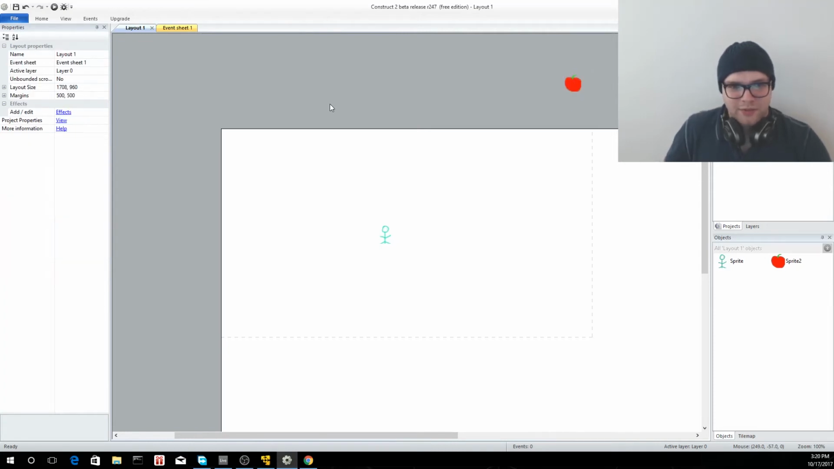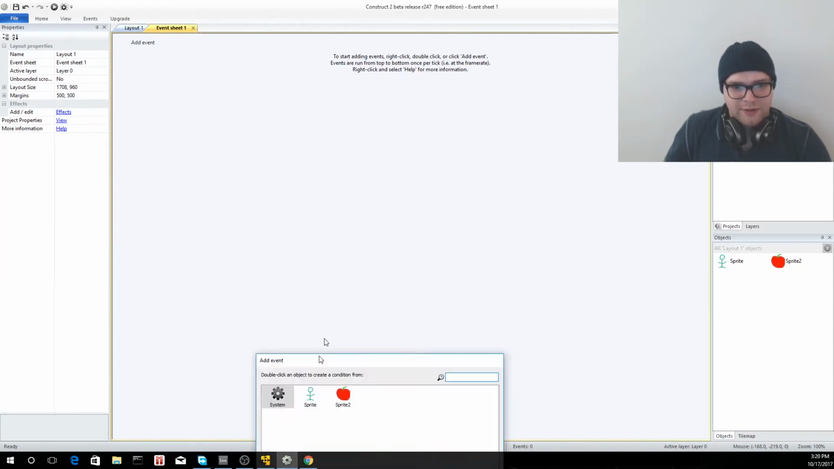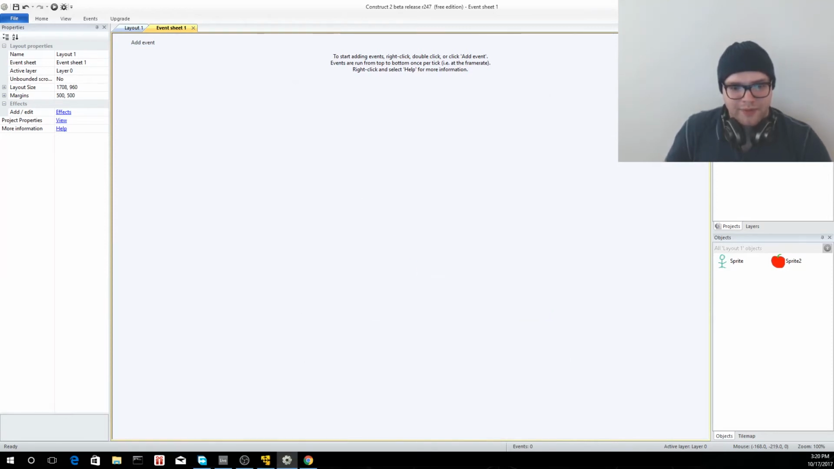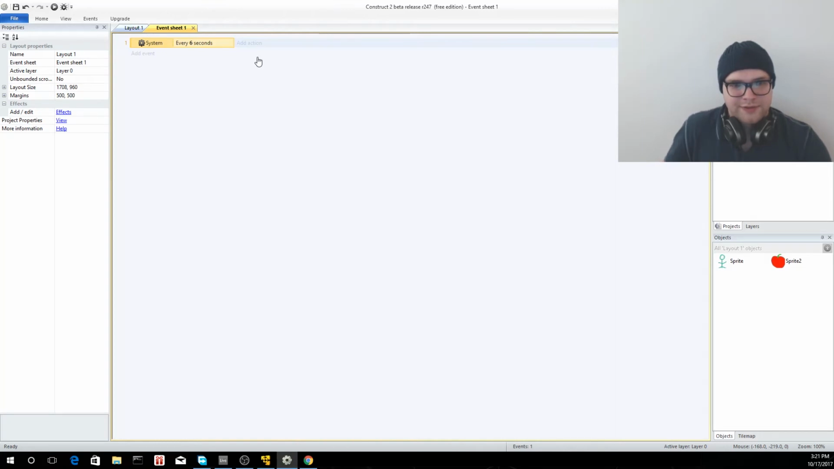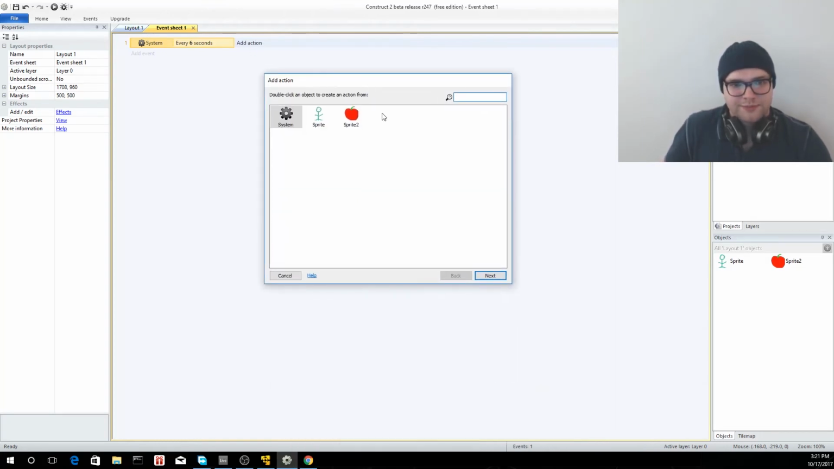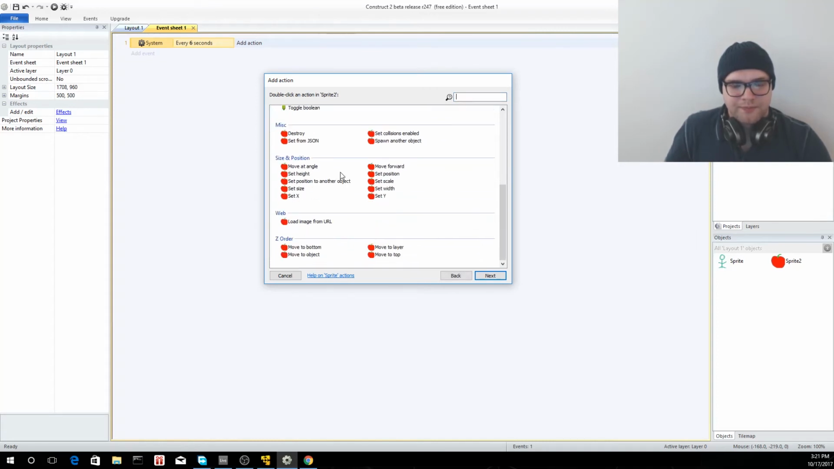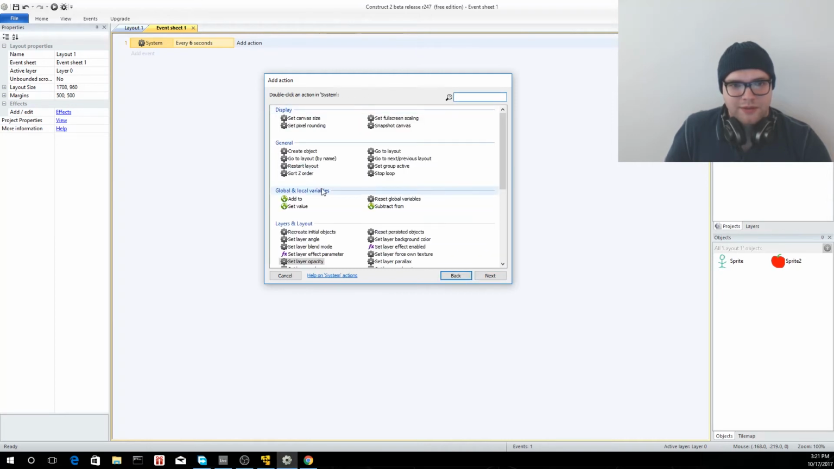So basically we will create a logic that says that every, like, I don't know, 6 seconds, oh my god, everything is appearing on the other screen. It's not convenient. Every 6 seconds we will spawn, actually, I think, spawn,